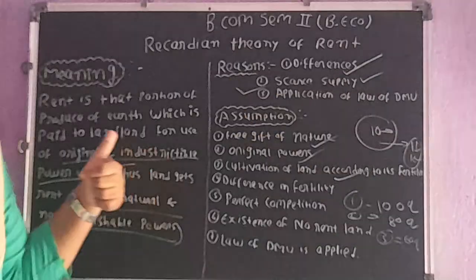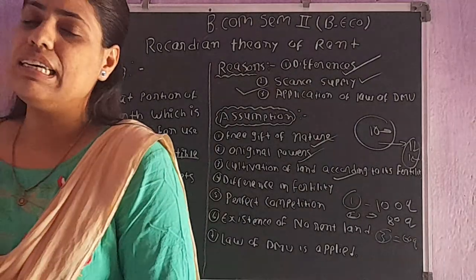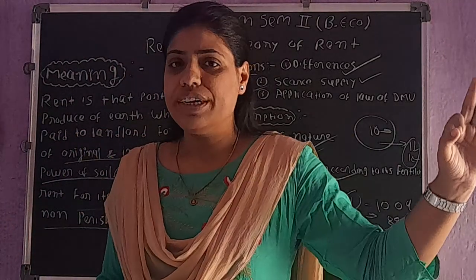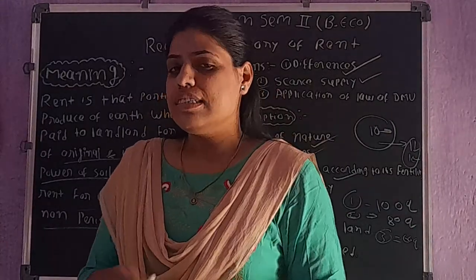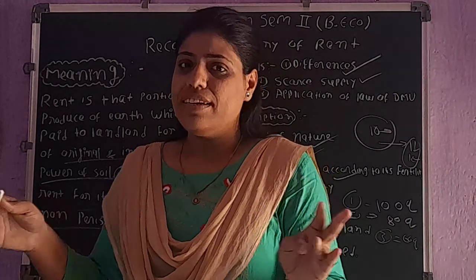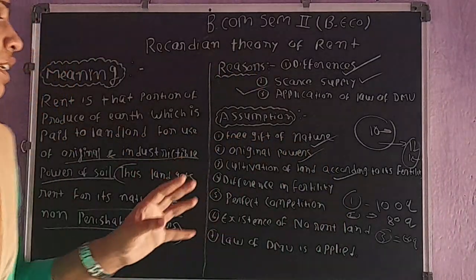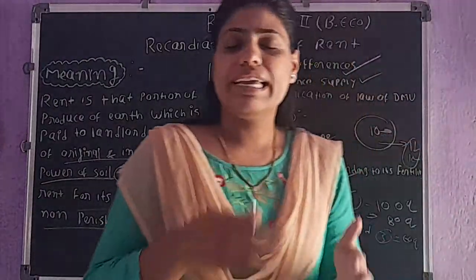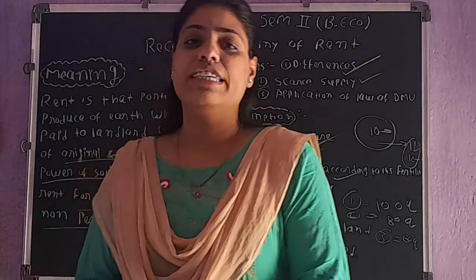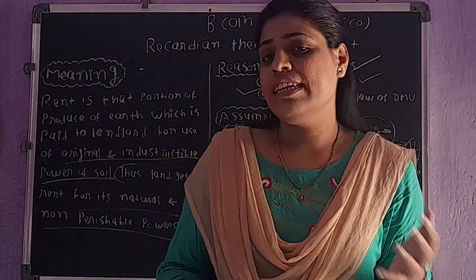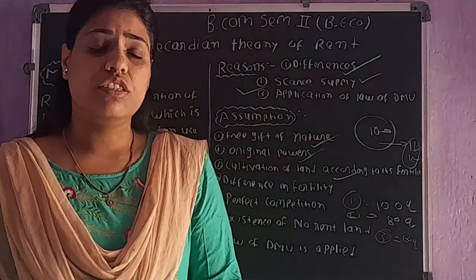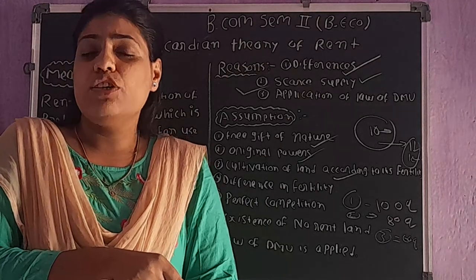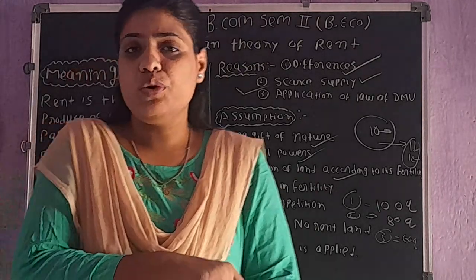As I have told you, one of the reasons for the emergence of rent is the differences in fertility. Some land may be more fertile, some land may be less fertile, and some land may be barren. Okay, so here it's being said that the cultivation of land would be undertaken according to the order of its fertility. It means that when the land is used for cultivation, first of all, superior land having the most fertile features, with more fertility, would be used first.